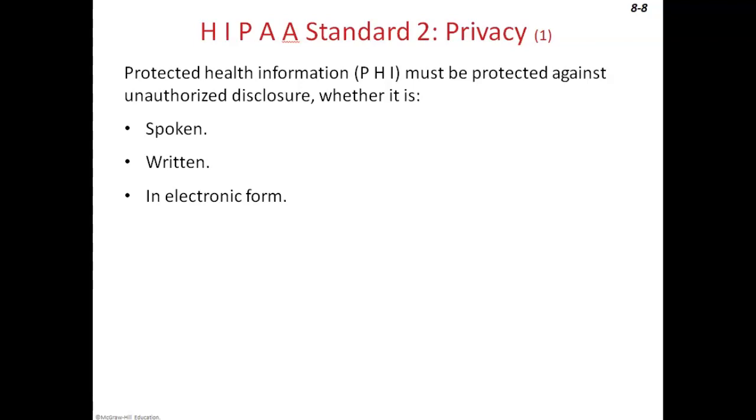In written form, you need to be careful not to have files or other information laid out where people can see it. If you're working at a desk, make sure things are turned over if you're not actively using them. And in electronic form, you need to be sure you're sending to the correct addresses. And if you're printing on a printer or anything else, be sure that you are there to get those sensitive files immediately when they print.